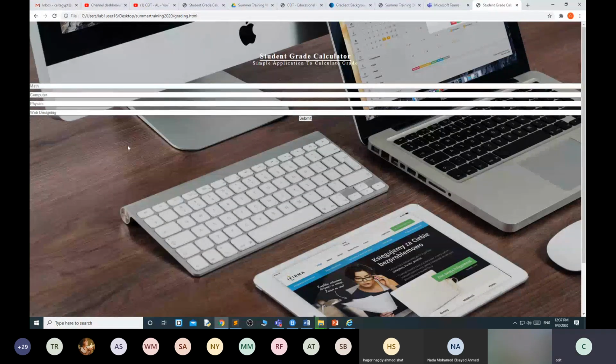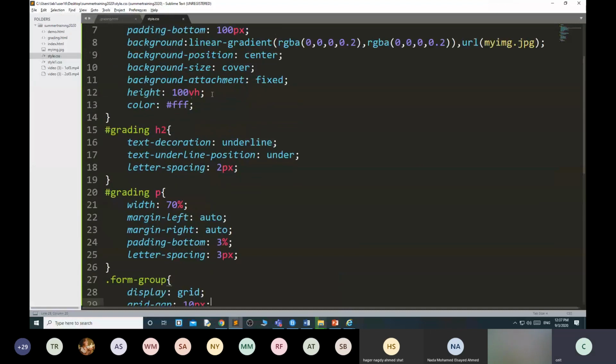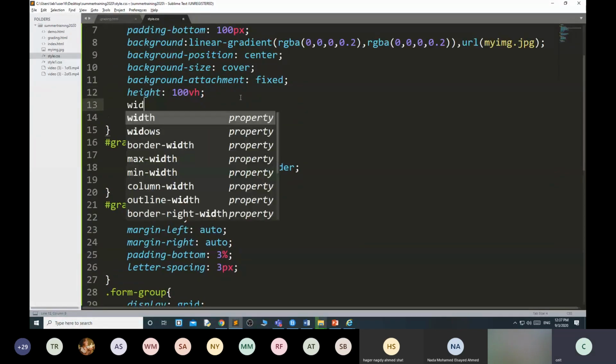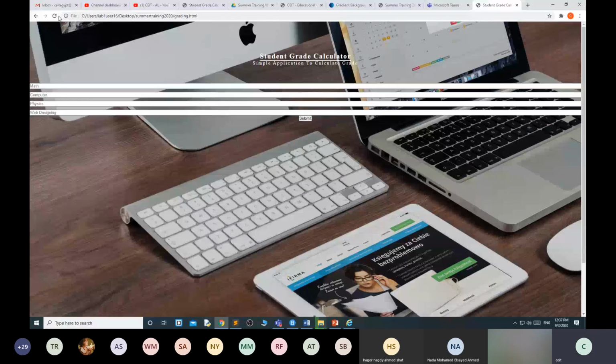Okay, 10 pixel. That's enough. Okay, I just want width here, height 100vh, width 90%, so that it becomes a little bit smaller.